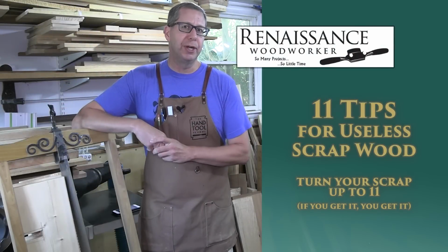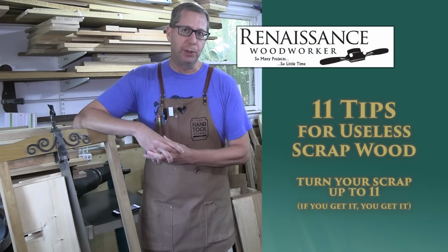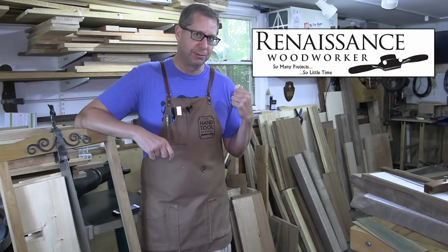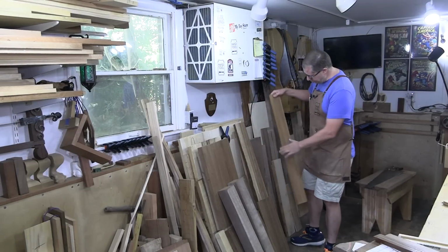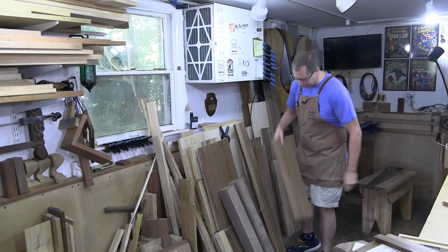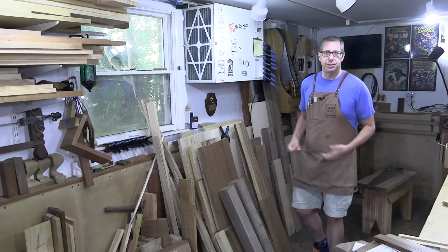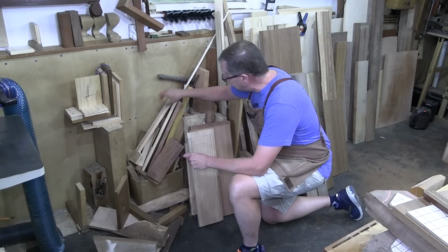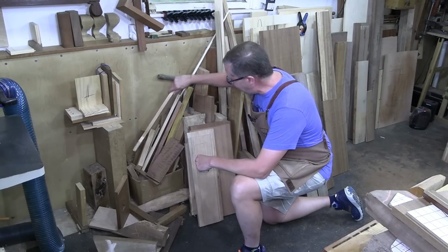You're not a woodworker until you've got a box of scrap wood. Or maybe an entire wall of scrap wood. Now, certainly larger scraps are always going to have a home in the wood shop for furniture projects that you may run into down the road. But what about the small stuff that really starts to build up and turn into just a messy pile